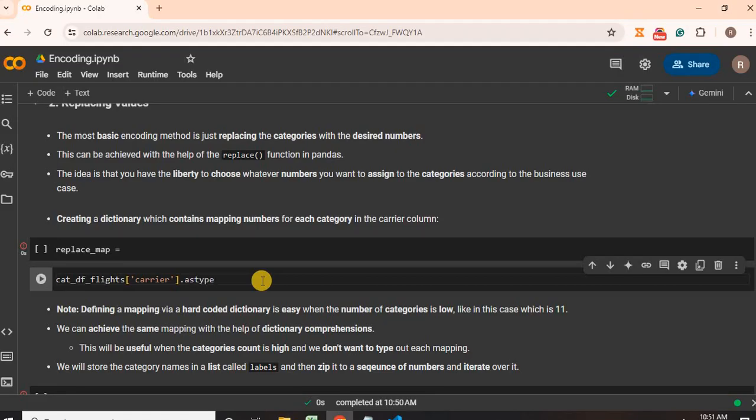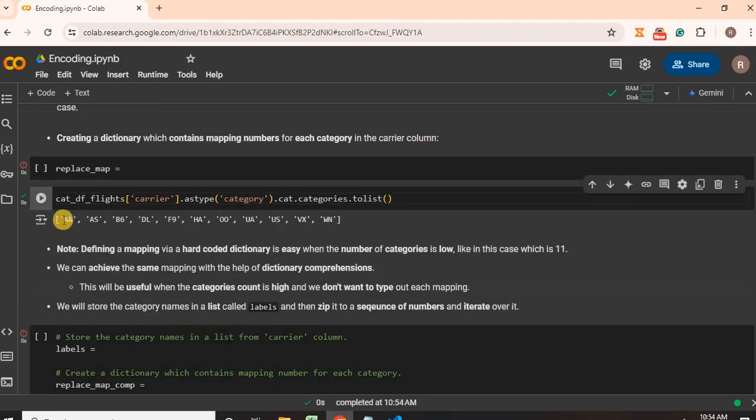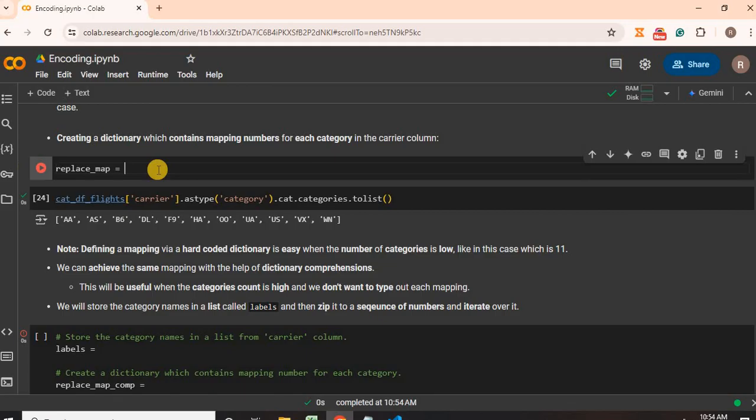Dot as type. So I will use this list for creating a dictionary which contains mapping numbers for each category. Okay, so curly braces, then